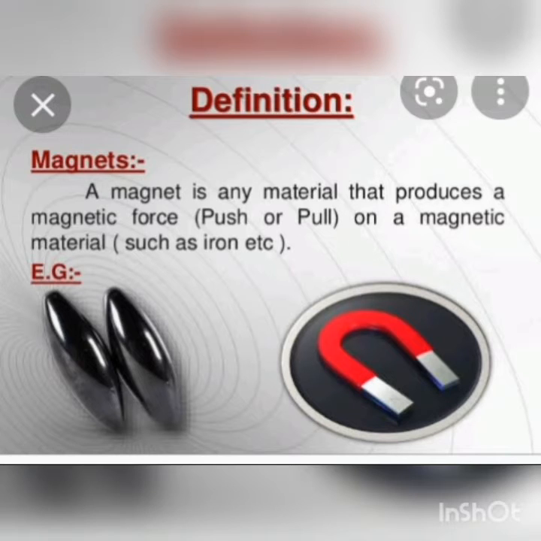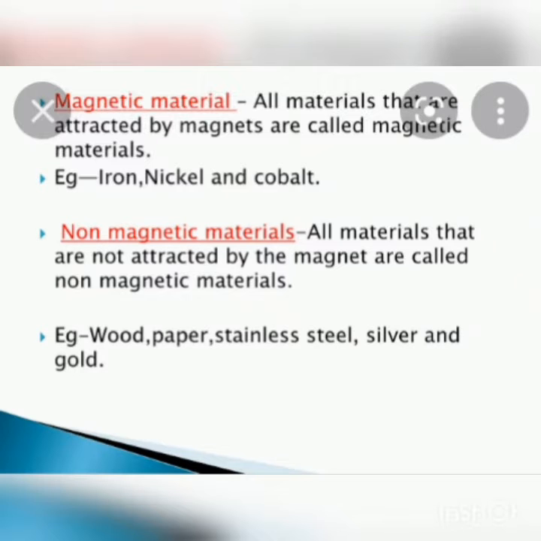Next comes magnets. A magnet attracts objects that are made of certain substances such as iron, cobalt and nickel. Magnets come in various shapes and sizes. They are found in the shape of a horseshoe, ring, cylinder or bar. Not all objects are attracted to magnets. Materials that are attracted by a magnet are said to be magnetic, for example, iron and nickel. And materials that are not attracted by a magnet are said to be non-magnetic, for example, wood and plastics.